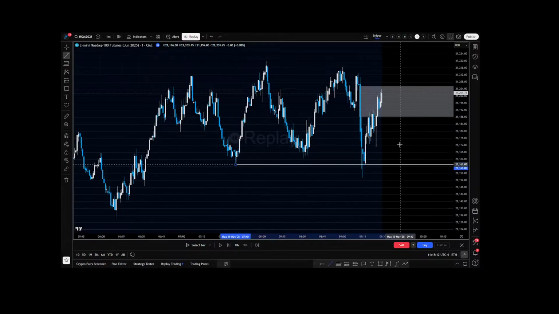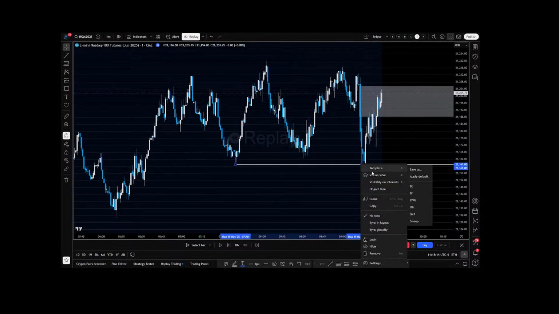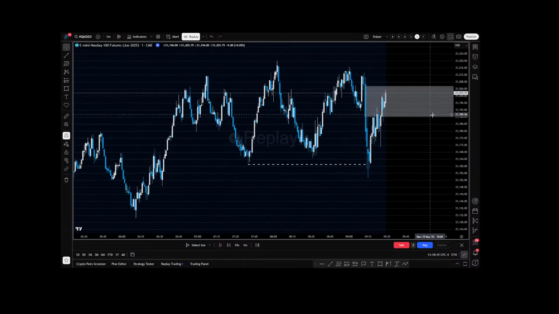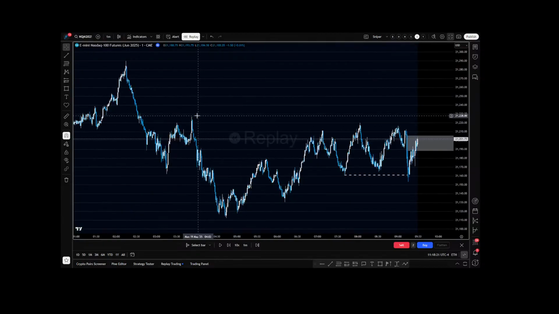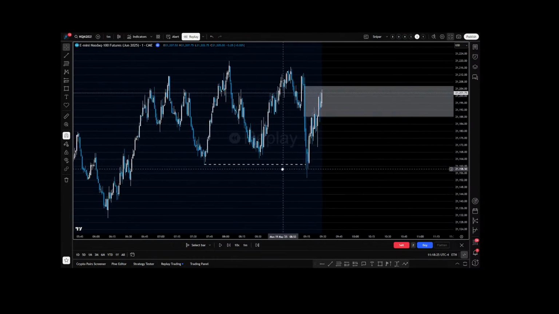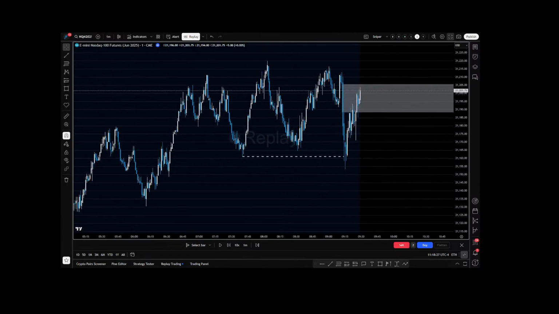But right now, just for the open, we swept this internal sell side here, pushing up through this 1 minute fair value gap. And then we have some highs up here. So we're going to play the open. We're going to go bar by bar until we get a setup, and then we'll pause and evaluate.